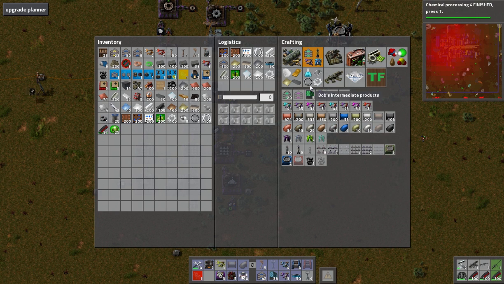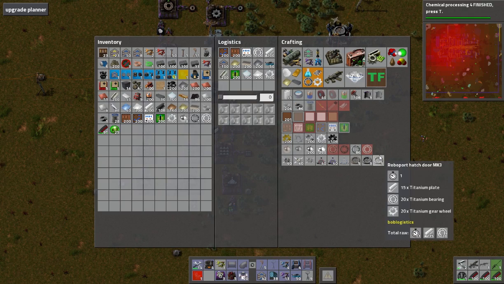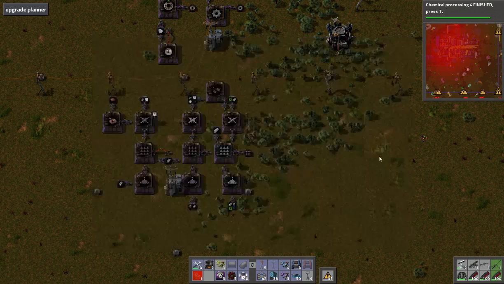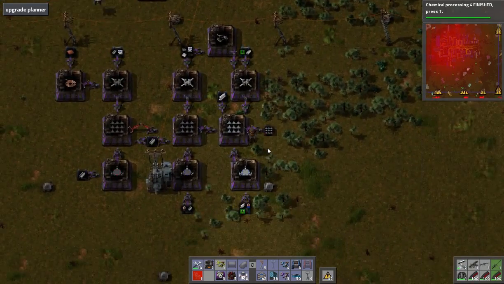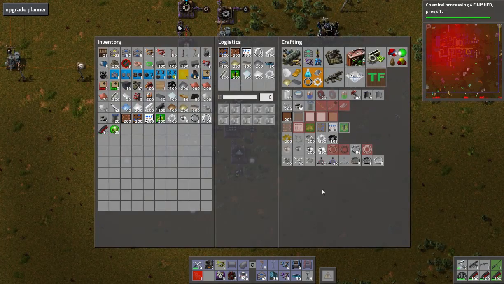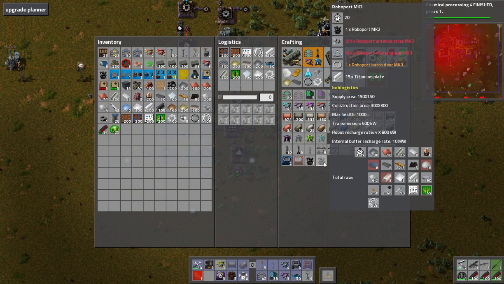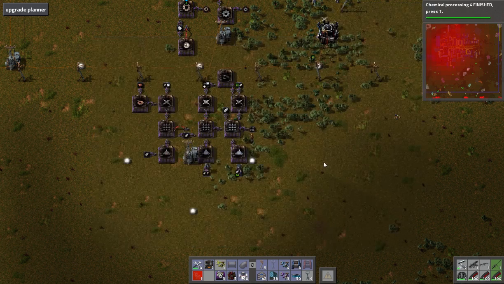And I know the new hatch doors. Well, I guess they don't. Maybe it's the top tier one that takes lubricant. I think it's the top tier one. But yeah, these things are so annoying to craft. I usually always use bots. But